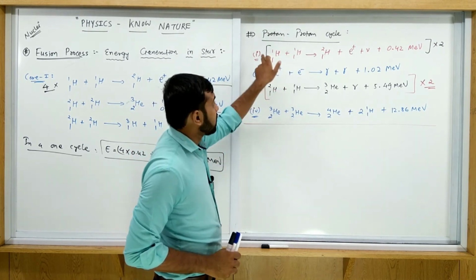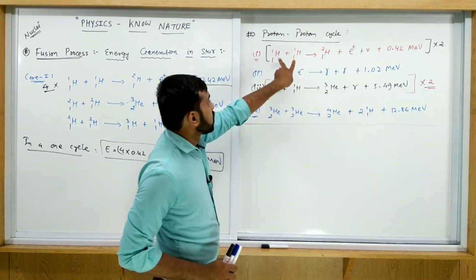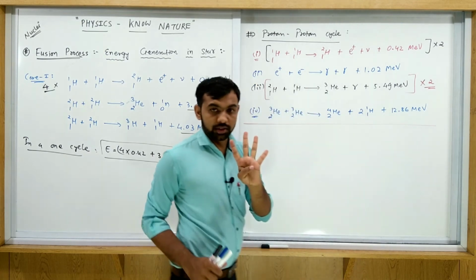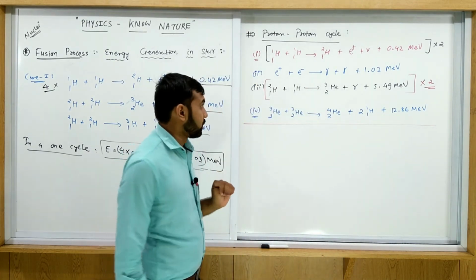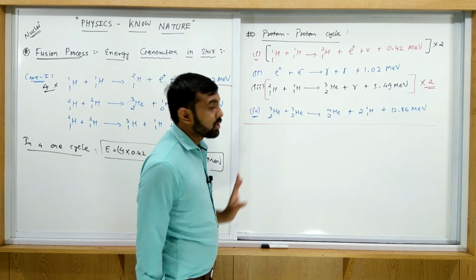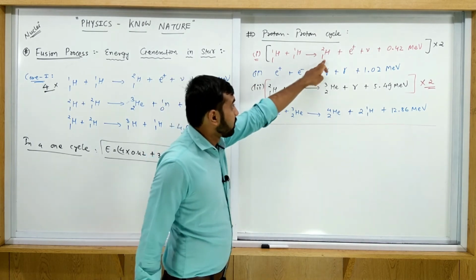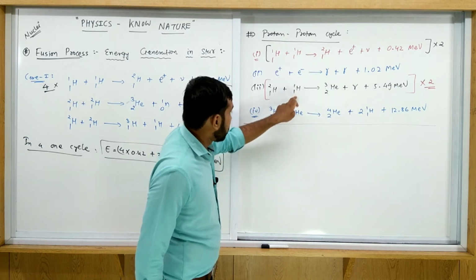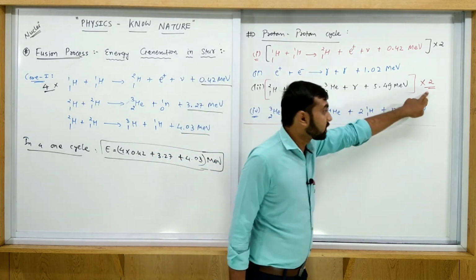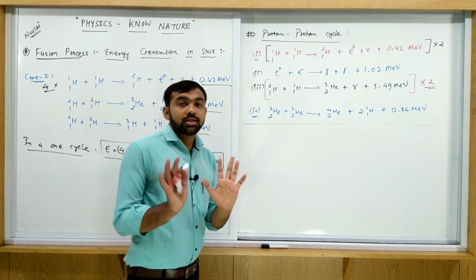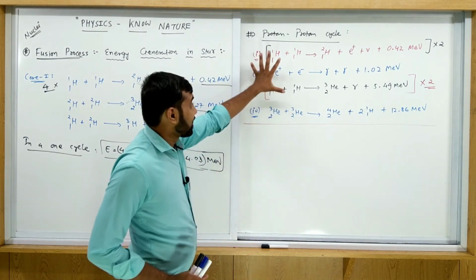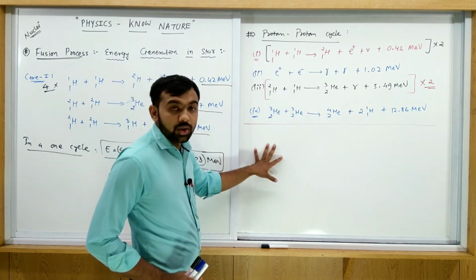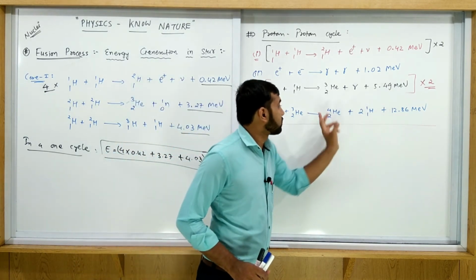So total how many hydrogen is required in the first process? This 2 multiplied by 2, so total 4 hydrogen. So 4 hydrogen recombine to each other, and it forms 2 deuterium here, and this 2 deuterium is formed here, and again here 1 hydrogen in one process. So total 2 hydrogen here. Total how many hydrogen do you have? 6 hydrogen. So 6 hydrogen is required on the left hand side. So this is balanced. Okay, and finally you have to form this one.